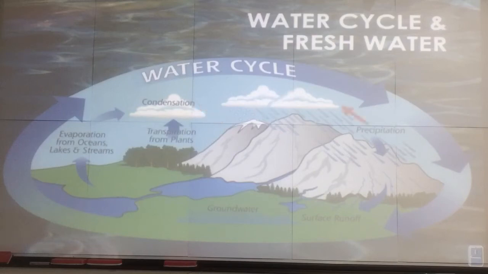Now, when those clouds get too heavy, we have what we call precipitation. And this is any water that falls to the surface. This can include snow, rain, sleet, hail, freezing rain. All of that is precipitation. It's water falling to the earth. When it comes back down to the earth, most of that soaks down into the ground, and this is what we call groundwater. We're going to cover a little bit of that later in this lesson.